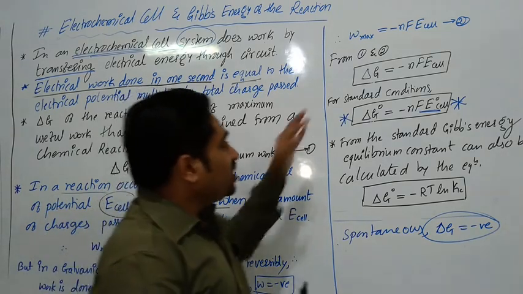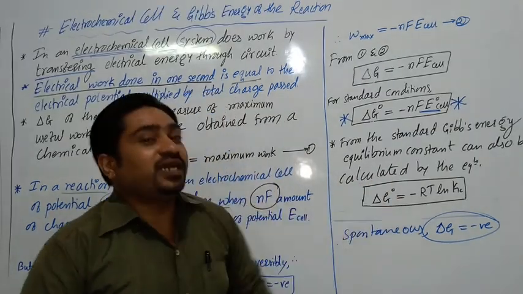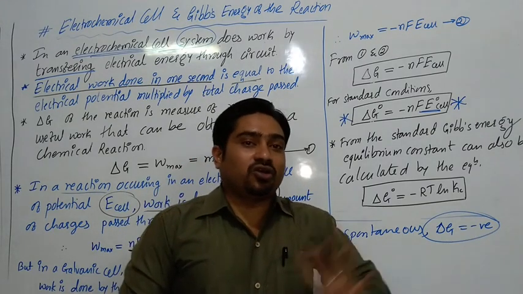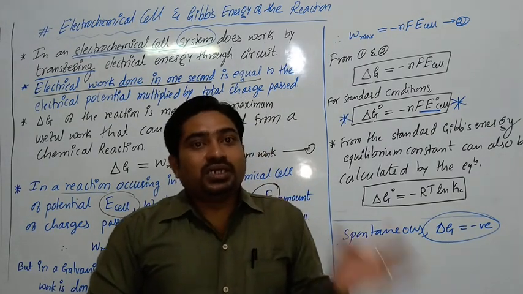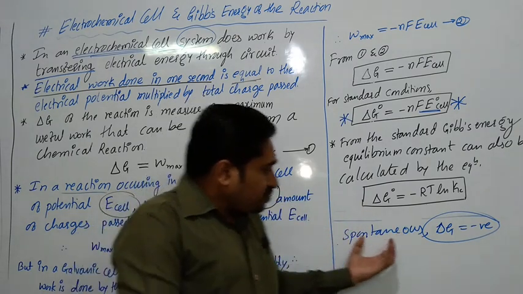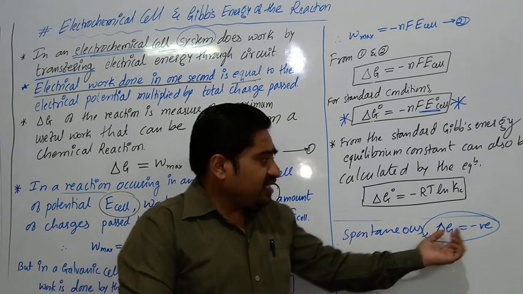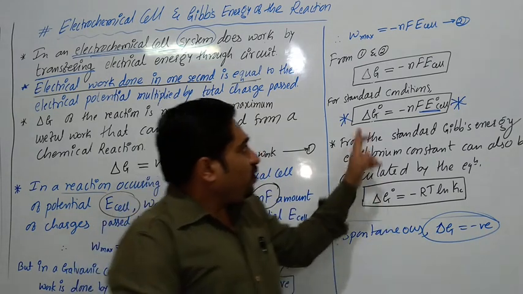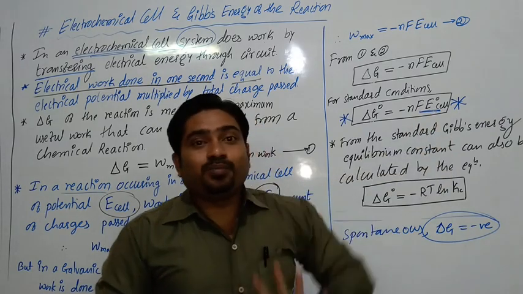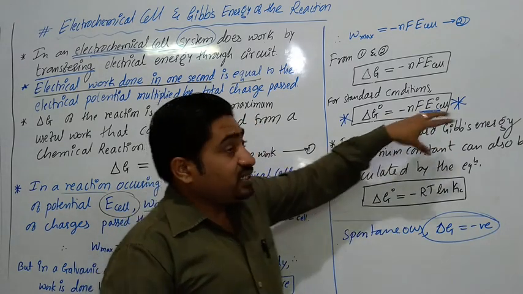By this we can understand whether our chemical reaction is feasible or not. Feasible means all spontaneous chemical reactions are feasible. For a spontaneous reaction, delta G is negative. For delta G naught to be negative, our E naught cell must be positive,